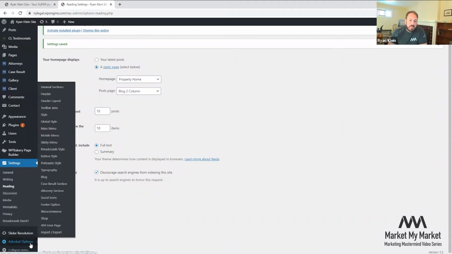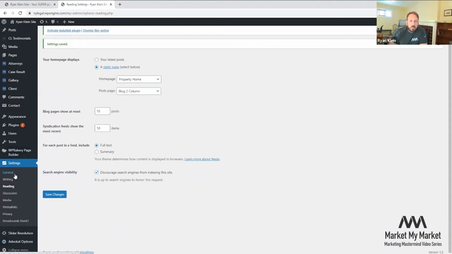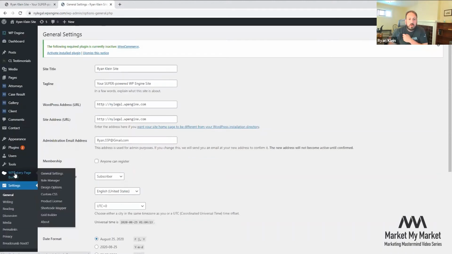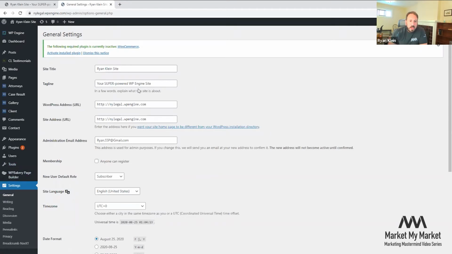And there's a lot here, and you could take all the time in the world to go through and see what the WordPress settings are and then the theme settings are. But this will just take some time, going through and seeing what their options are. But let's start with the WordPress ones. So as far as general, the first thing that we'll want to do is